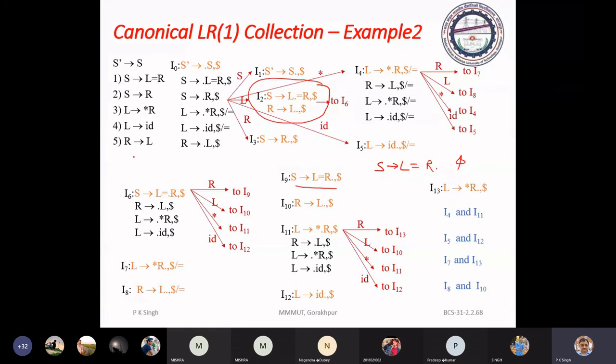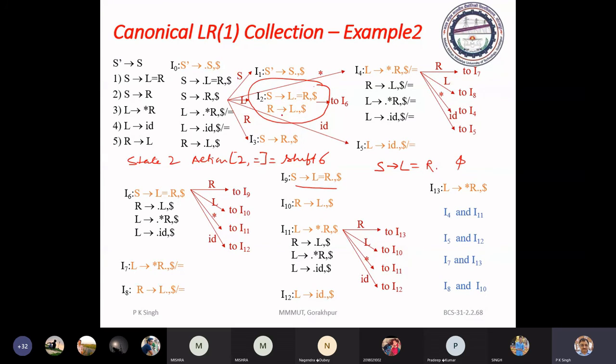Now see state 2 in the action field. Here we have equal sign just after dot. So equal is shift, and go to I2 equals is I6, so here shift 6.